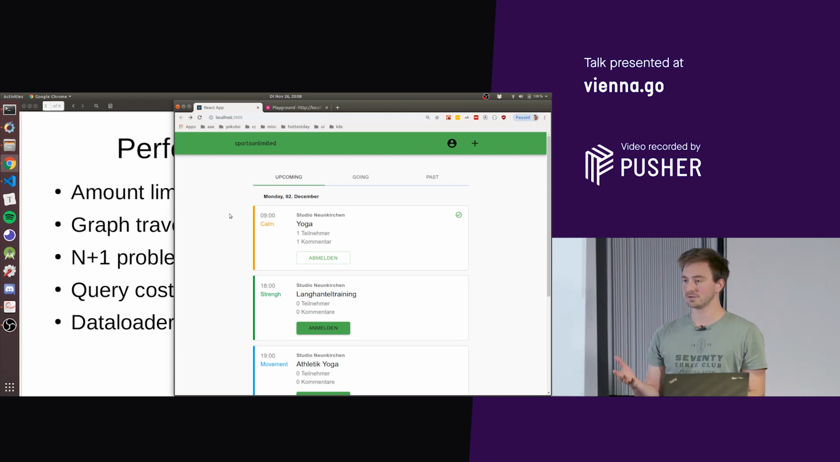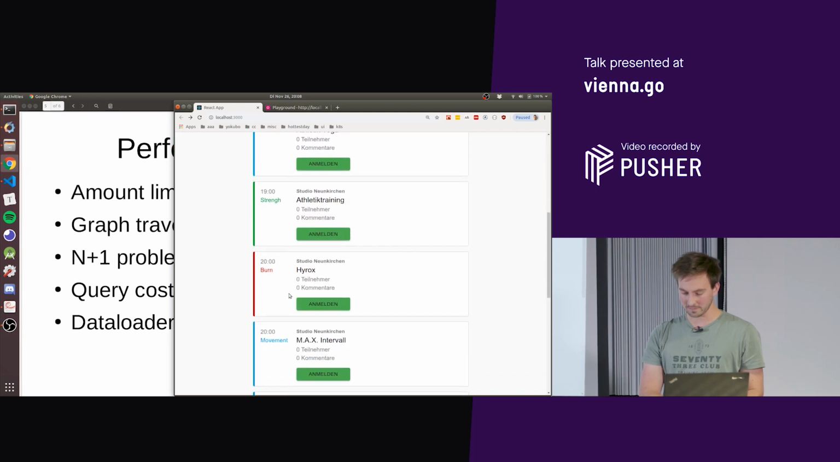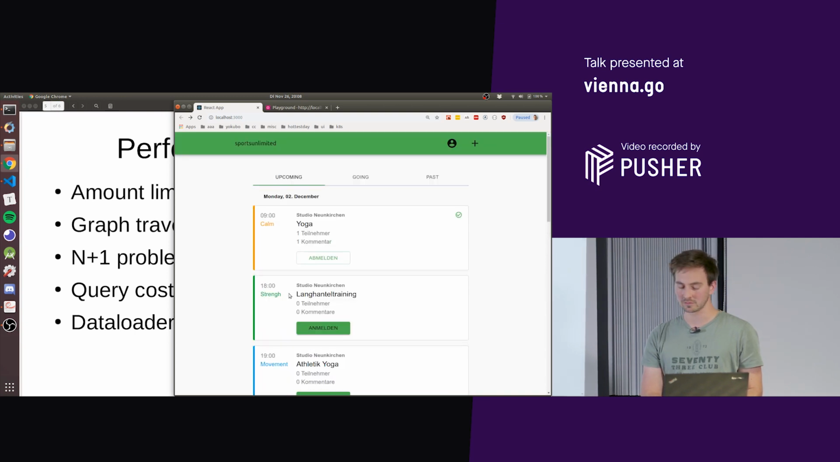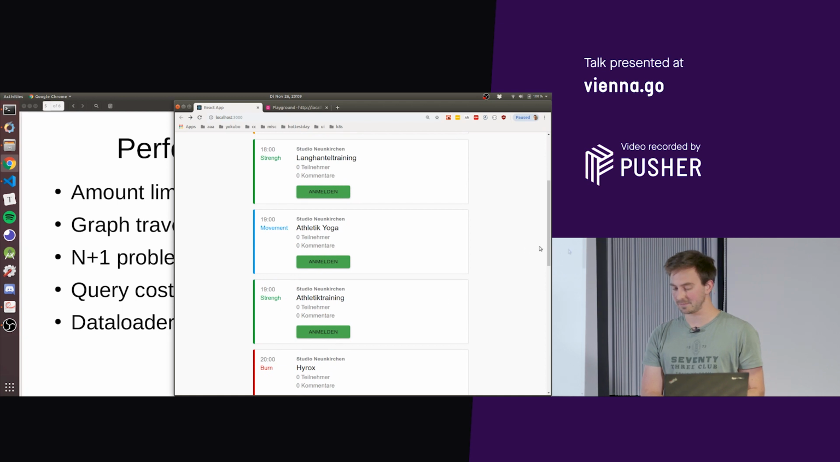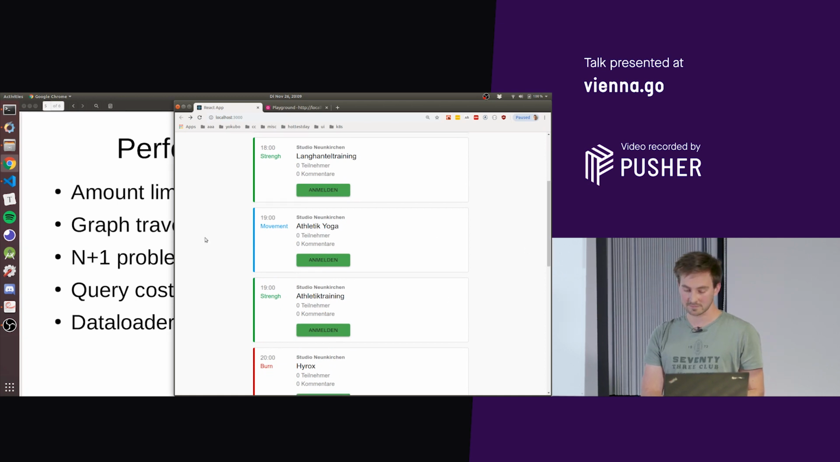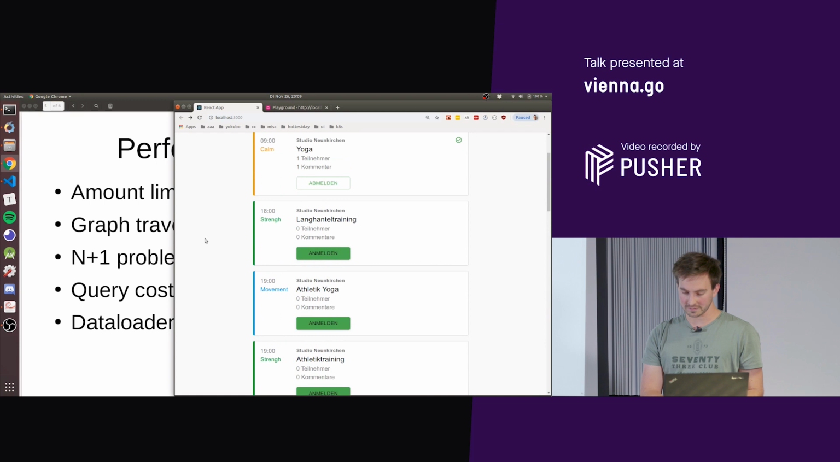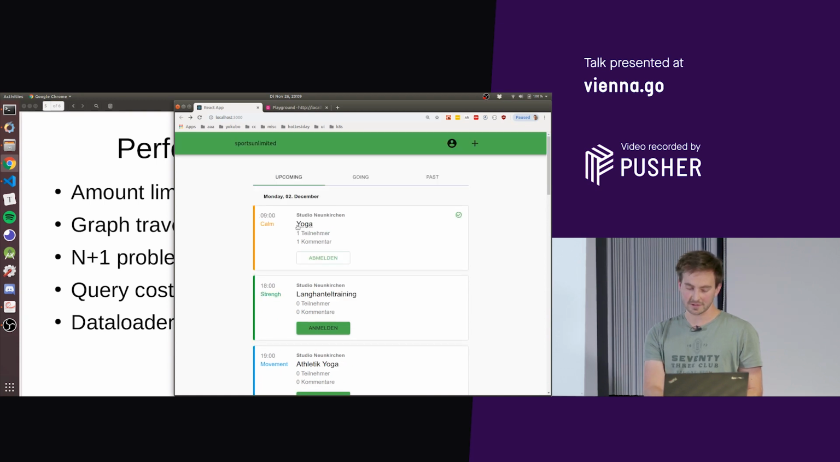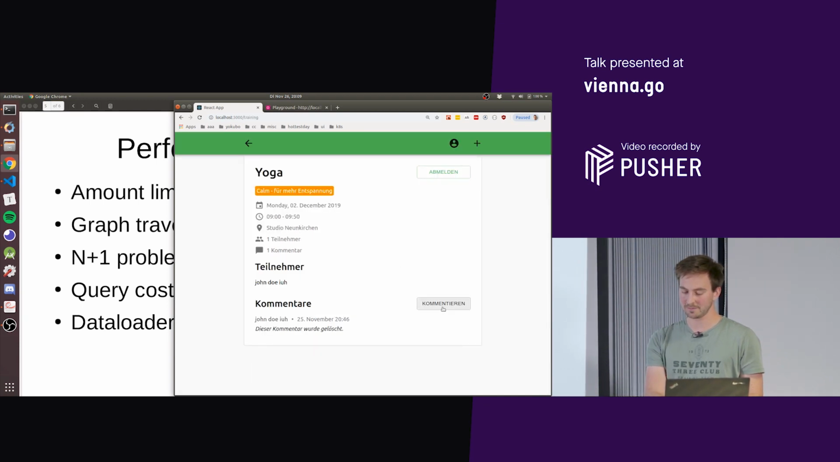It's for a fitness studio, and you can see here the fitness courses they offer. So for example, today at 9 a.m. there was this yoga course, and we've subscribed to this course, and now there are other courses where we can subscribe or unsubscribe. We can see here on the right side by this bar that this is a fully paginated list where we can scroll up and down. Then we also can click on the detail page and, for example, write a comment